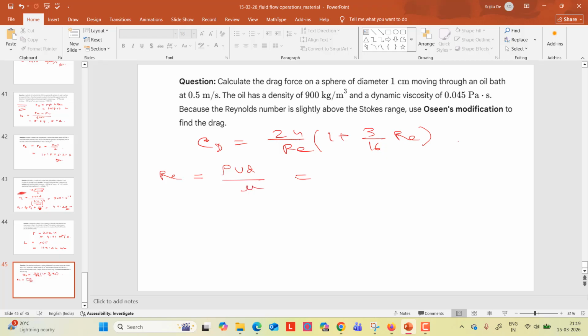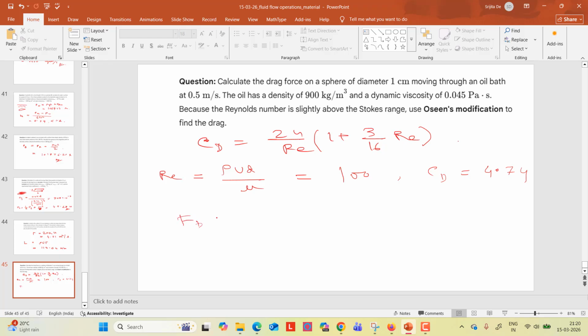So rho is 900 for oil, U is given as 0.5, D is 0.01 and mu is 0.045. So Re is coming as perfect 100. So now CD will be 1 plus 3 by 16 into 100, into 24 by 100, that is 4.74. So this is your drag, and drag force will be